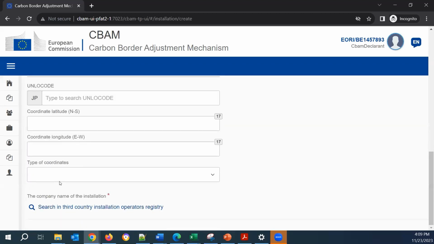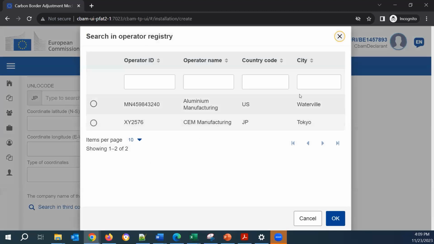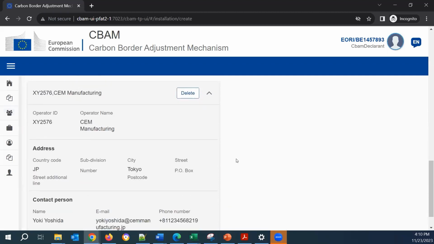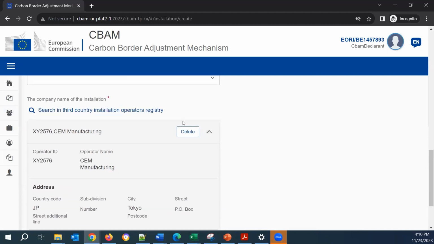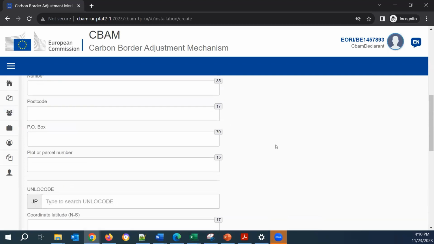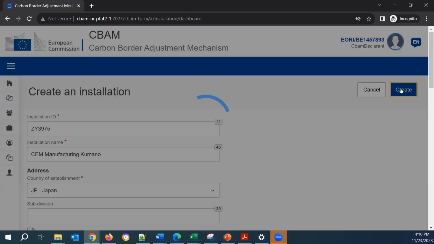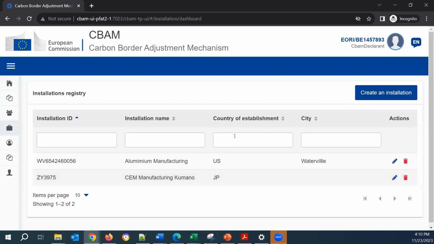And here I need to link my third country installation operator. So I will search in my operator registry and I will click on the cement manufacturing third country operator record. I press OK. And the details are now inside my installation. I can delete and search again, of course. We are ready. Our installation is OK. And I will press the create button. OK.